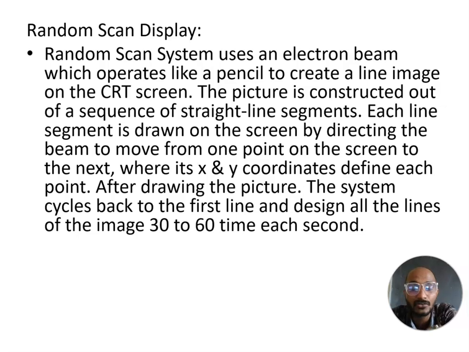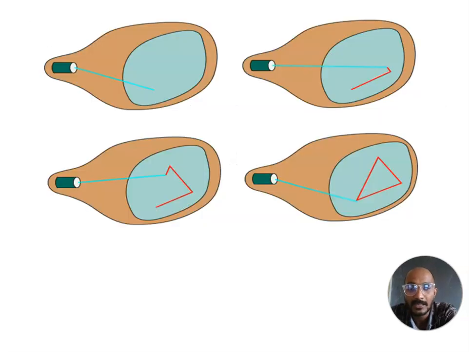So this repetition is needed so that it will still be visible on the screen. These repetitions, or we can say buffering, are very important. So here it is 30 to 60 times per second, meaning the picture is repeated. Next, describe also how this